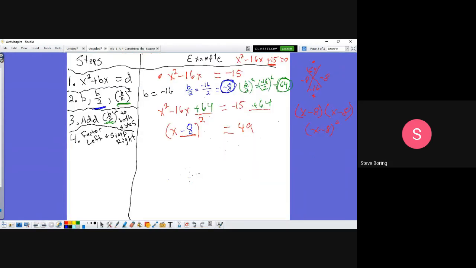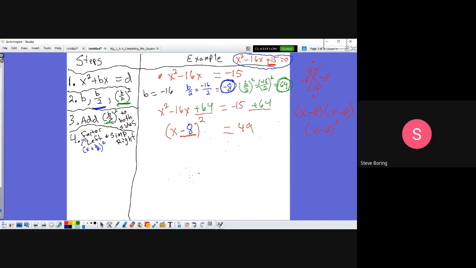So a little note you might want to write right here is this will always end up being x plus b over 2 squared. When you factor it, it'll always end up like that. Now, why are we doing this? Well, this is another way to solve it. And I think, like I said in my other video, in the original problem, if you don't know how to factor, you don't know the quadratic formula, you can't solve this because